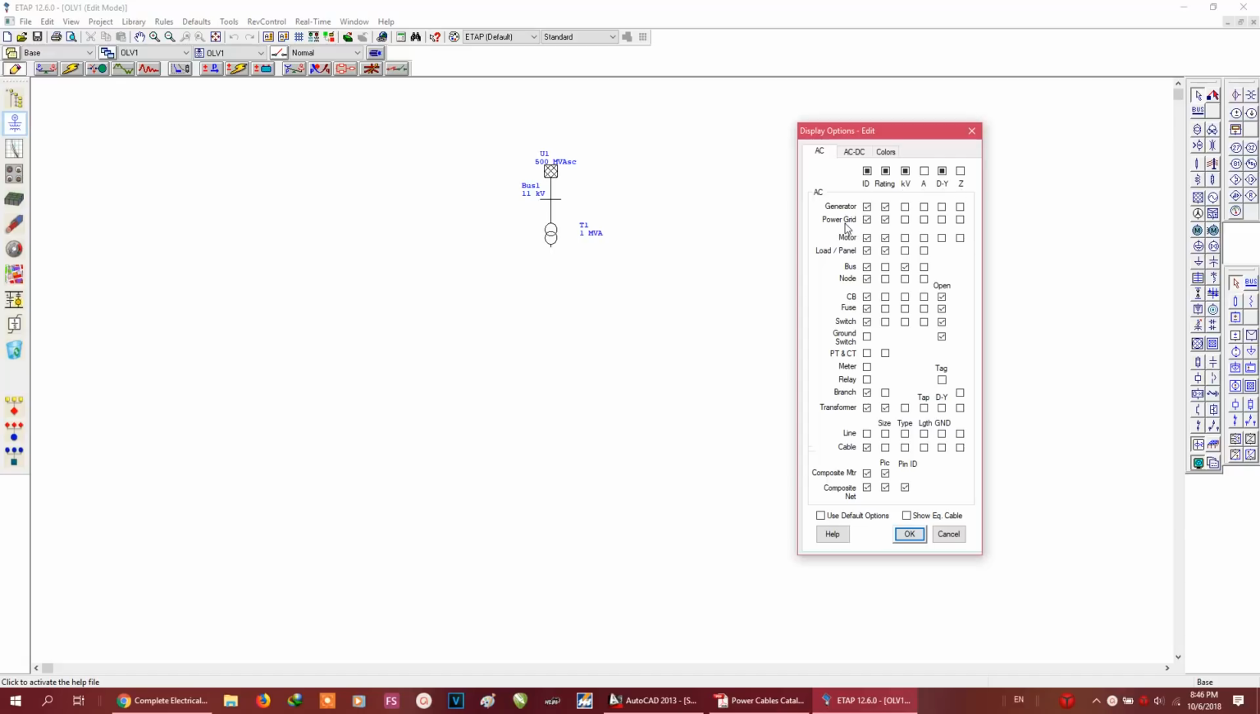Okay, so for the power grid, I would like to see its kilovolt. The motors, of course, kilovolt, and the bus kilovolt. Okay, the node, we can say kilovolt 2. Now let's go to the transformer. Okay, I would like to see its connection, delta Y, tapping. Okay, and the kilovolt. Okay, and for the cables, we can forget about them, and then we can click on